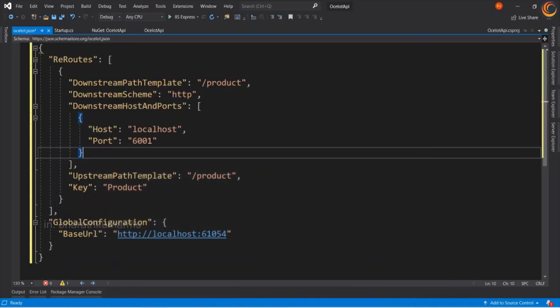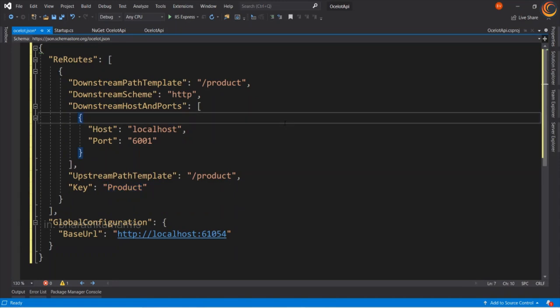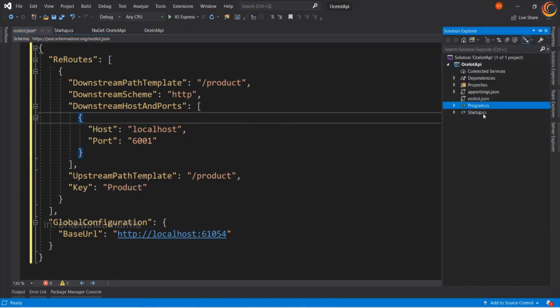It is accessible through the gateway API using this particular upstream path. So in this case, both the upstream and downstream path are the same. And remember, you have to give the key in case you want to do aggregation, which we will see in a bit.